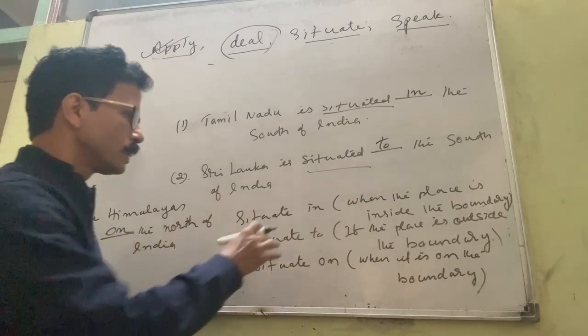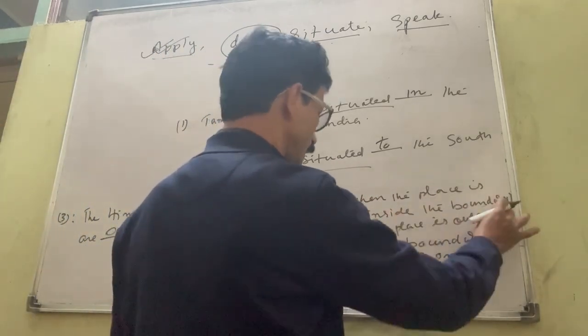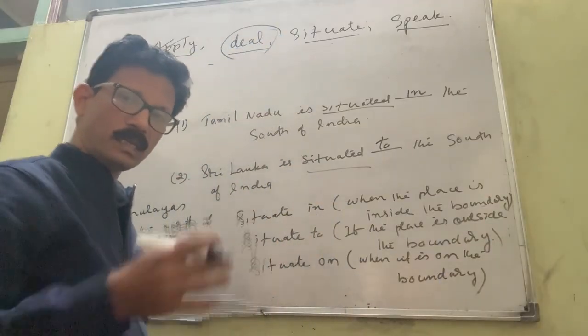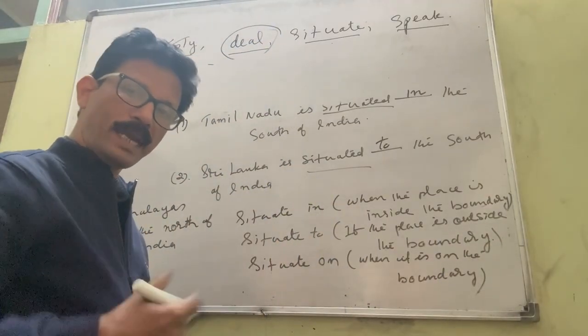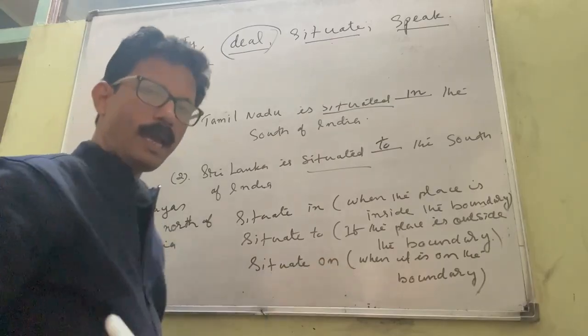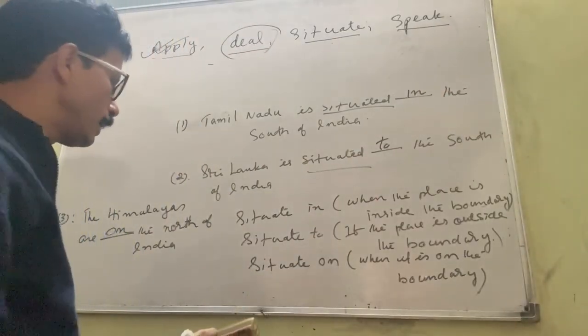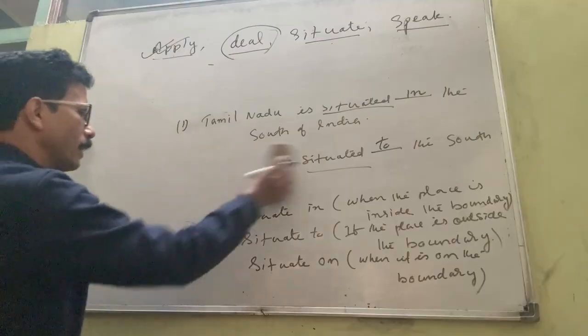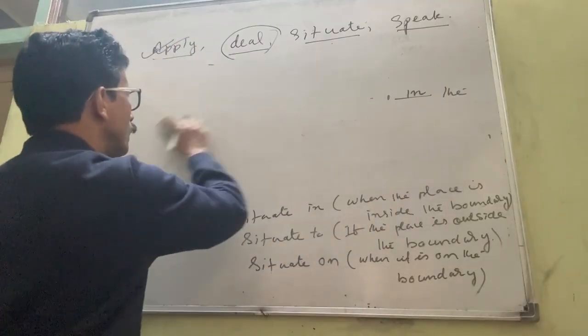That is situated in when the place is inside the boundary. You see whether it is inside or outside. If it is outside, then it should be situated on. Okay. Let me clear the board and say, if it is not situated,